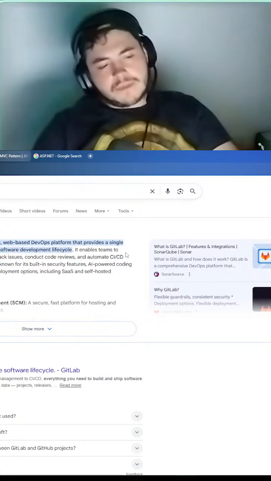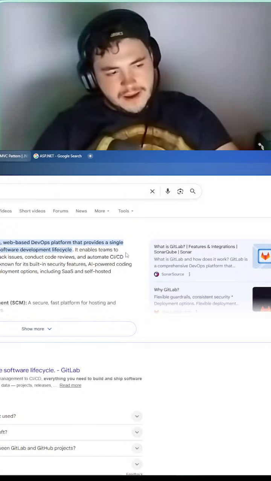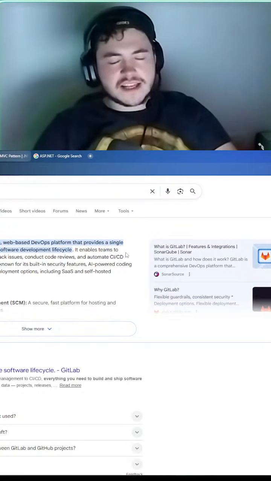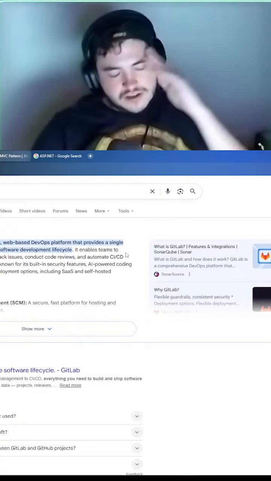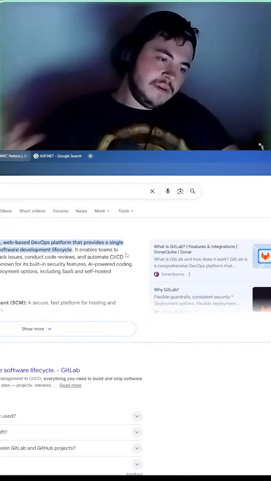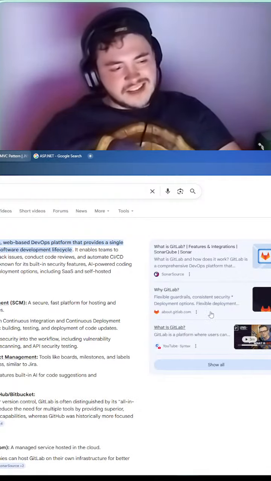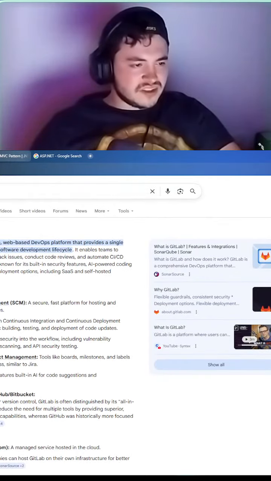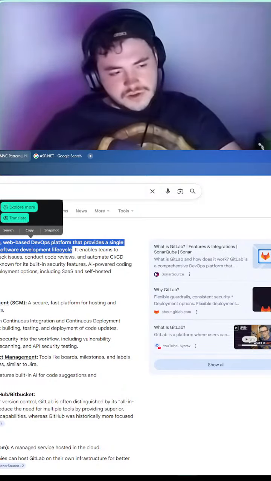So basically GitLab is like GitHub, but instead of the bucket being on GitHub, the bucket is on GitLab. Everything that you can do in GitHub you can do in GitLab. It's source control management. I generally don't use GitLab. I've actually never used it at all, so I only know GitHub.